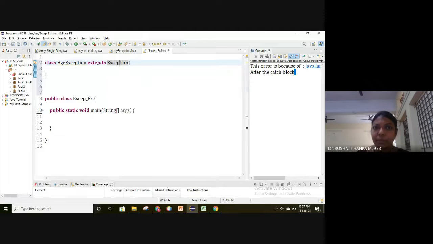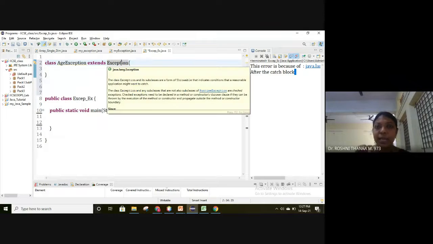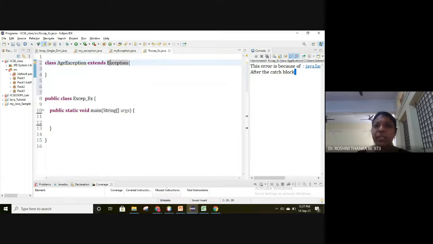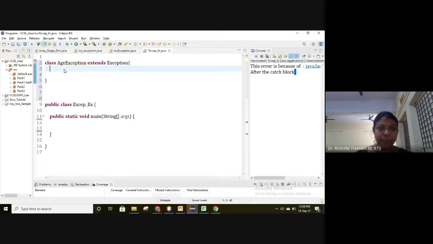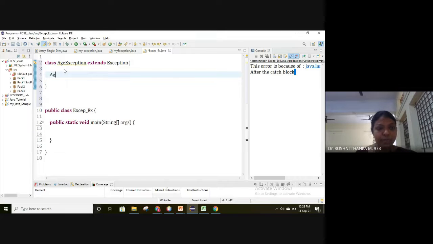We know about the extends keyword. Whenever I want to do inheritance, we go for extends, followed by the name of the parent class. Here Exception is the parent, which is a predefined class in Java. So this is the important step to make a user-defined exception. And inside this, I'll first teach you very simply, create a